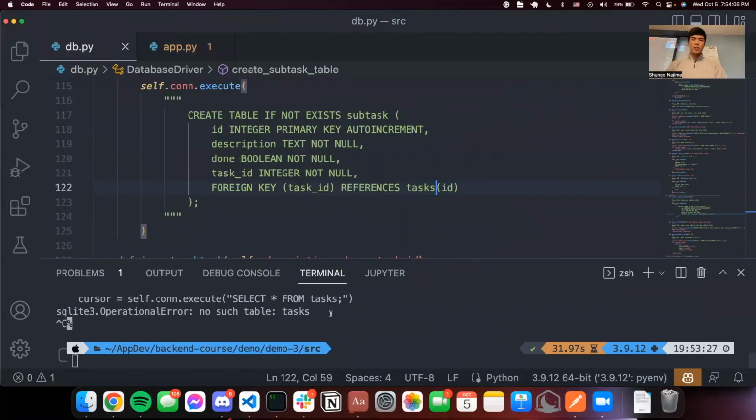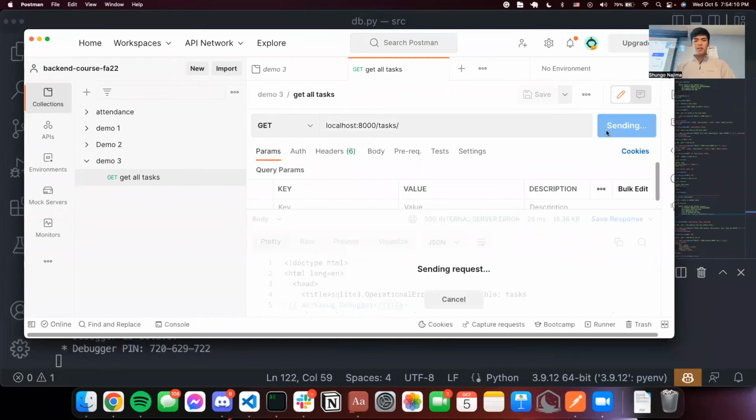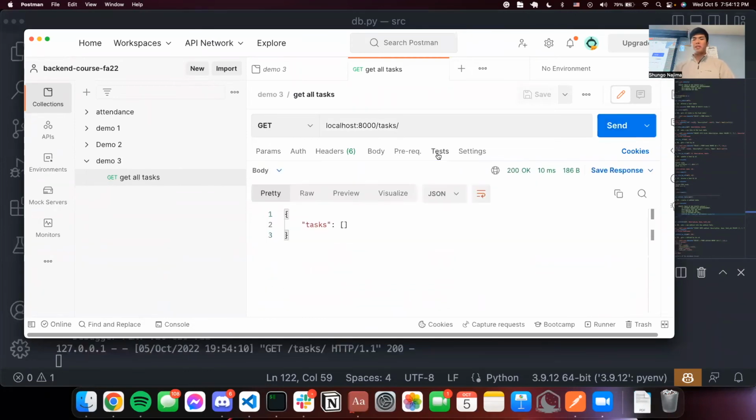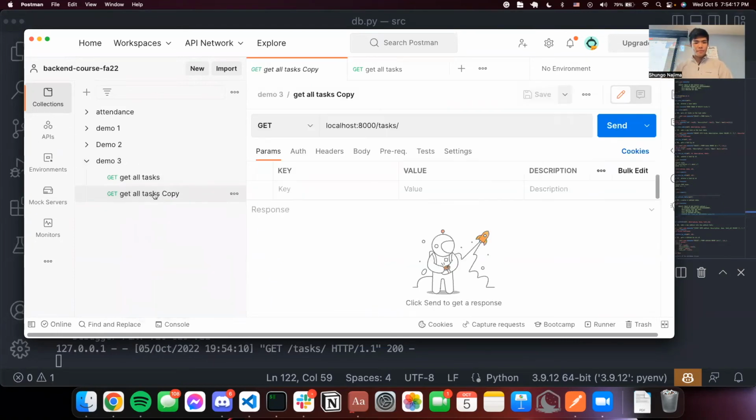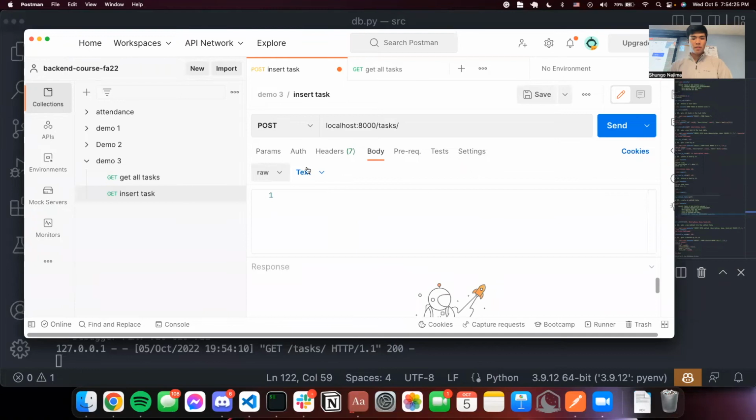So let's restart this server. Let's try that again. Okay, so now it gives us all the tasks that we have. We can duplicate this and call it insert task. Make this into a post request, and the body would be